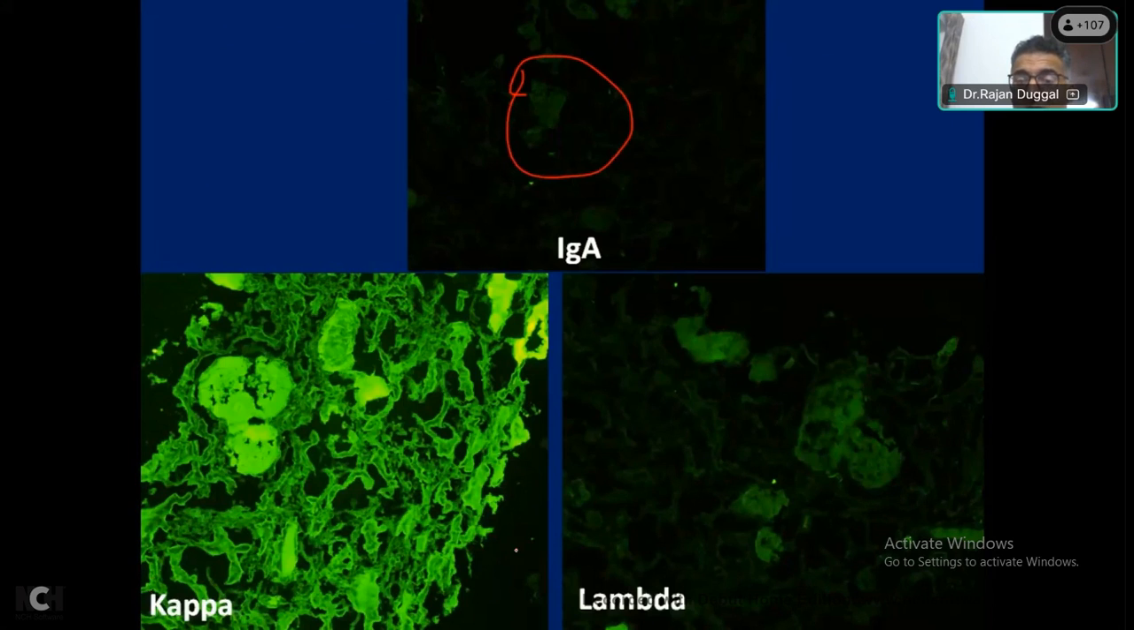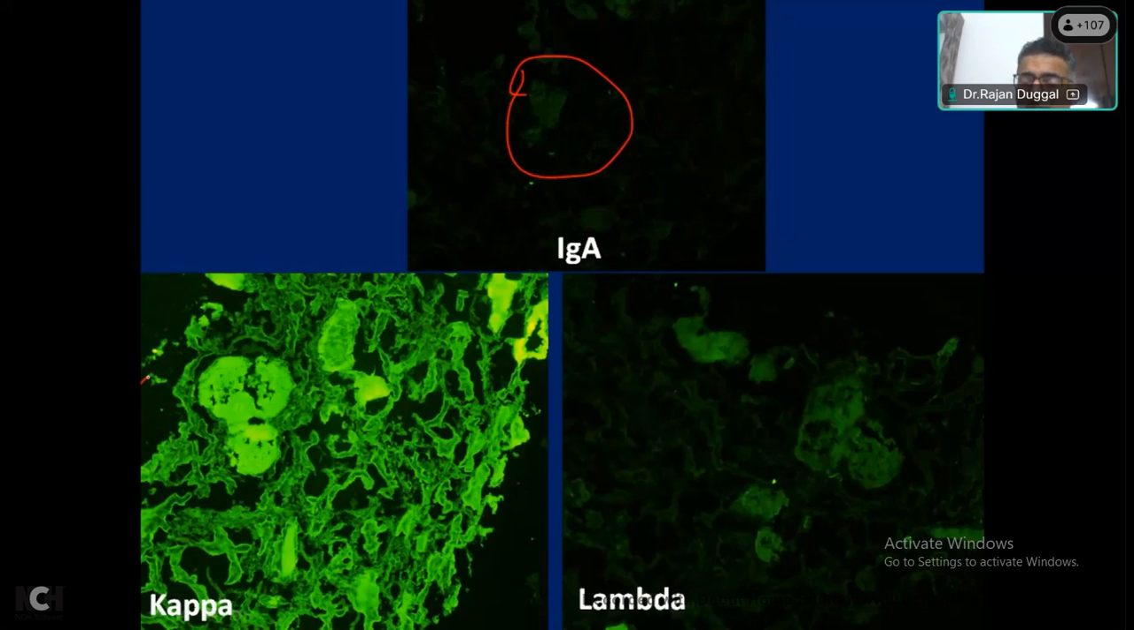and they are positive for kappa, or they are positive for light chains. They are positive for a single light chain, then this is a case of cast nephropathy. So what I want to highlight is normal tubular casts are IgA positive. So if you see IgA negativity in the tubular cast, and you see kappa or lambda light chains in the tubular cast, that suggests that there is some exogenous material which is getting deposited